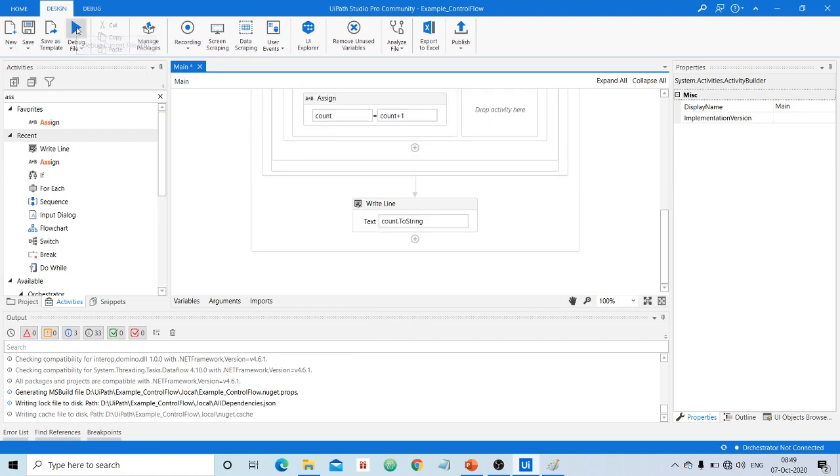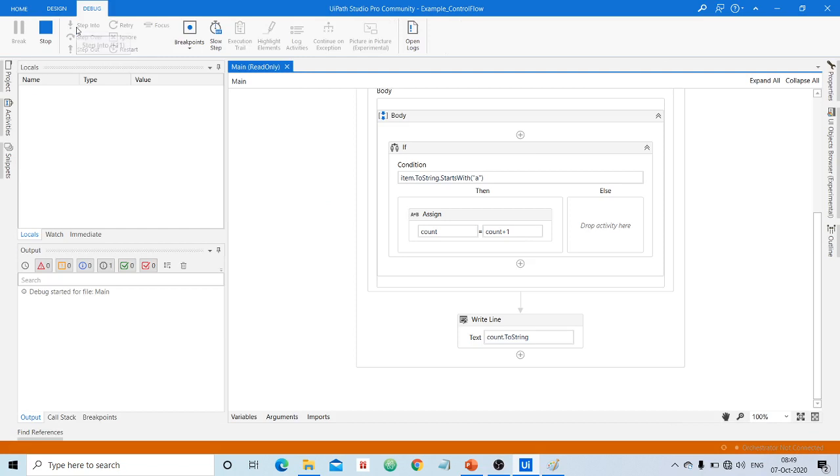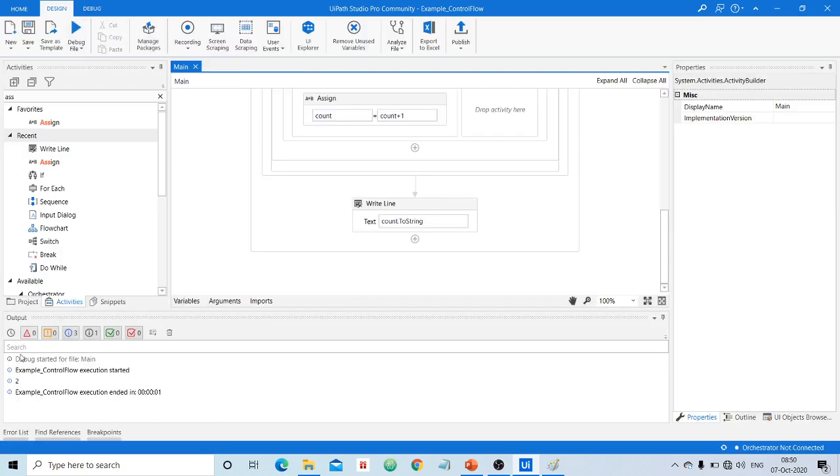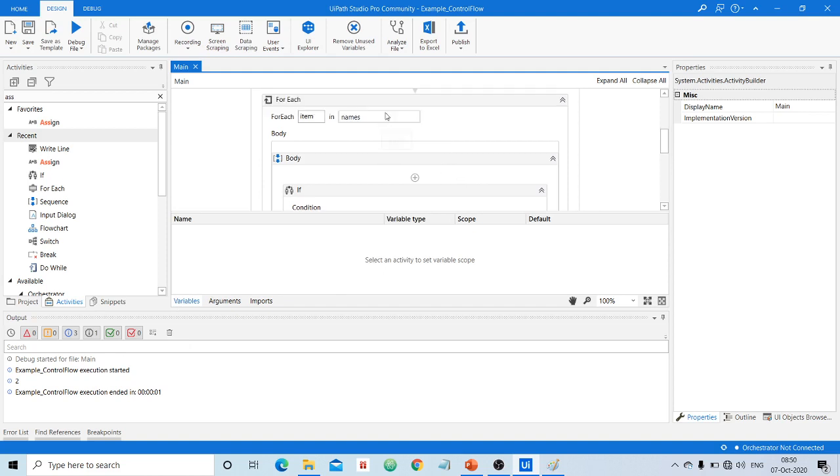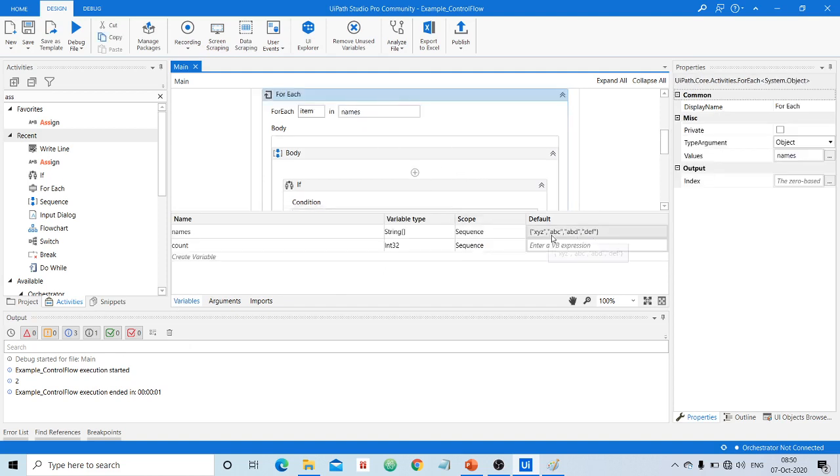If we get an error, we shall debug it. It has started and given the result. We shall check whether the names array has 2 names which start with A. Yes, 1 and 2. Hence we are getting the correct result.